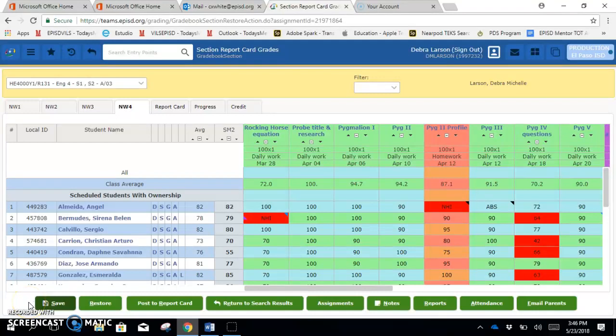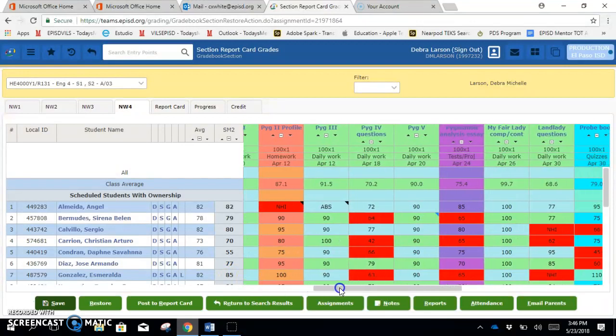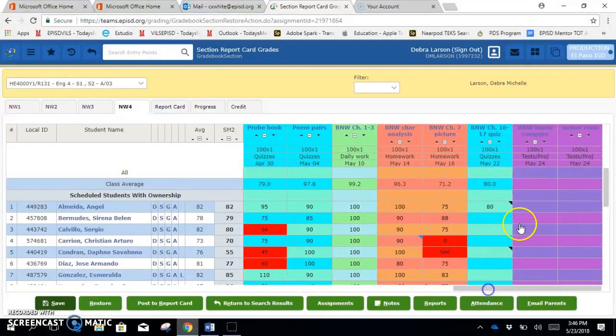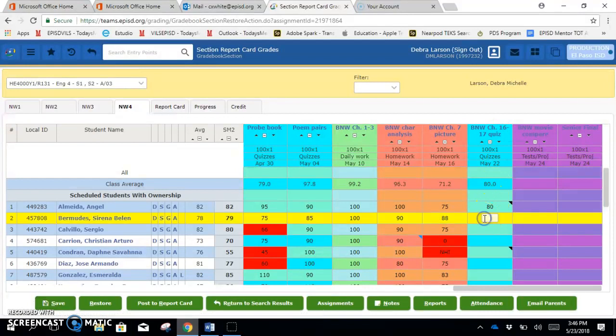The teacher here is Deborah Larson from Silva Magnet, and the course you can see is right up there in the top left corner. She's having an issue, an error that I have not seen before. Basically, when she comes over to a student's grade here, for instance, under this Chapter 16, 17 quiz, when she goes and puts in a NHI, not handed in,